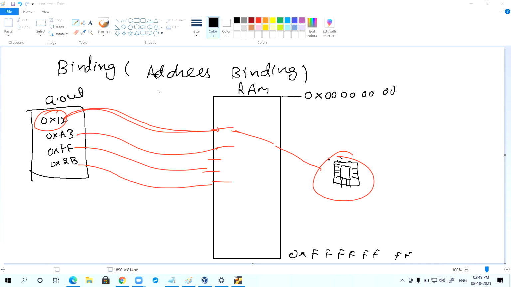If the calling function gets the address of the called function not at compile time, not at load time, but at runtime using dlopen, dlsym, dlerror, then that binding is called dynamic runtime binding.